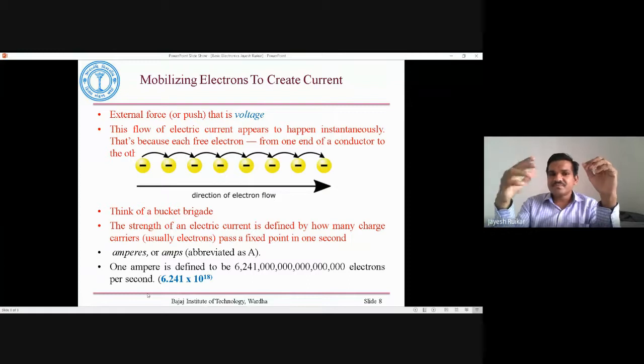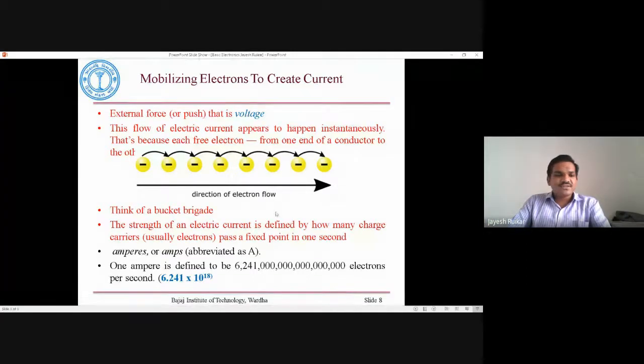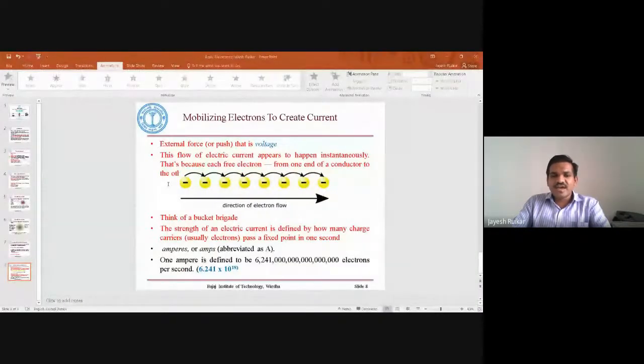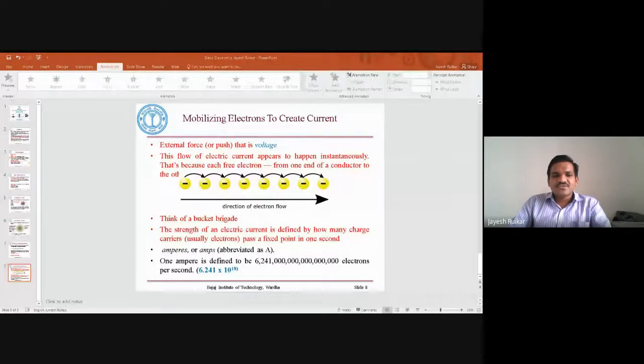So this much PPT we have made. In the next class we will see the further part of this. If you understand and don't have any questions, we can wind up this class. I will share the attendance. This is the basic concept of electric current that I was about to explain. If you have any questions, you can ask me right now. Otherwise I will share the attendance sheet and you can mark your attendance.